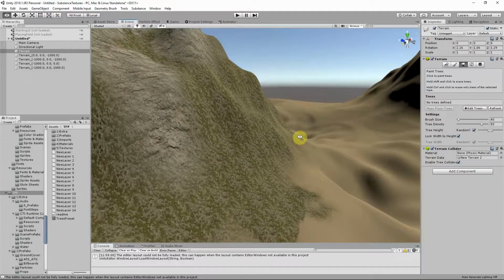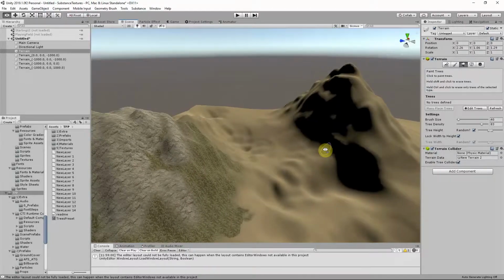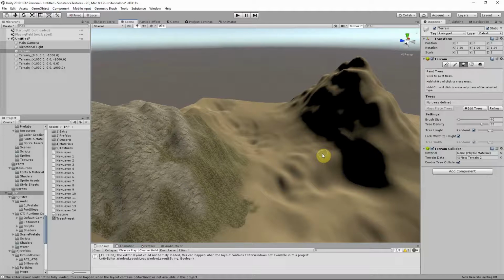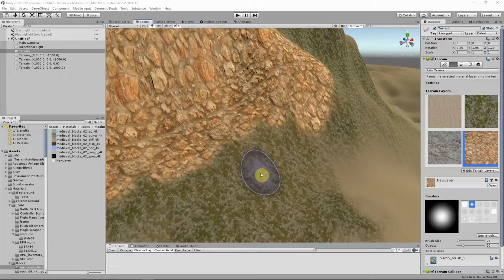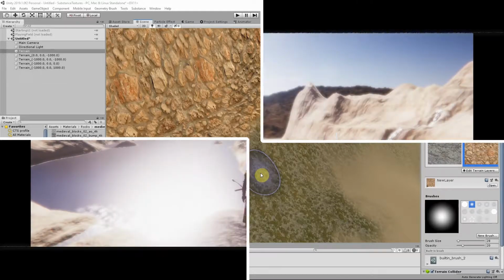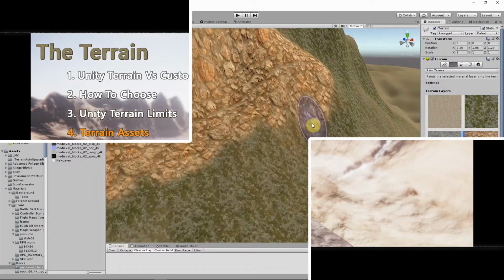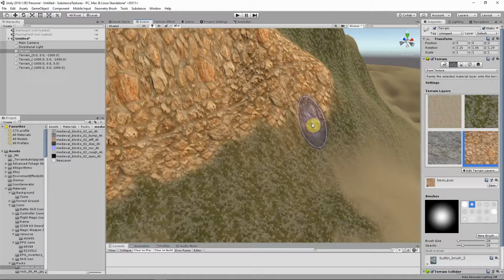It's part of the standard assets, but if one day they want to change the API, we are screwed. Okay, so we've seen that basically the Unity terrains is nice, but with some great limitations. So let's take a look at the best assets for terrain. This list won't be exhaustive, it's only a couple of assets that are well known. If you have some other great assets you have in mind or you have to share, don't hesitate in the